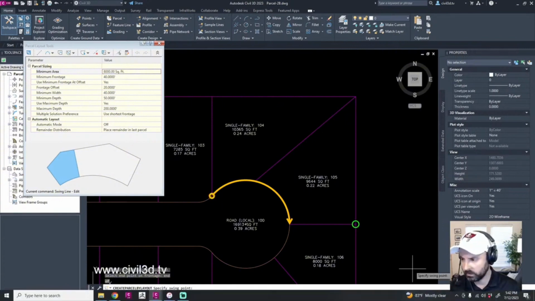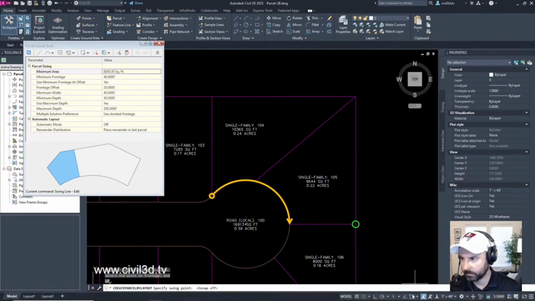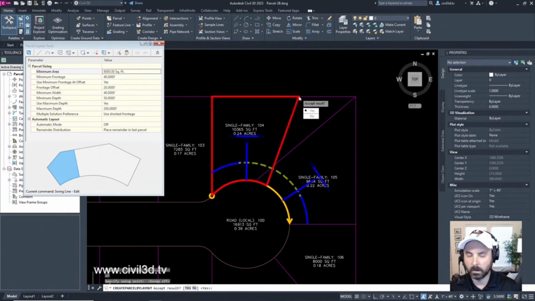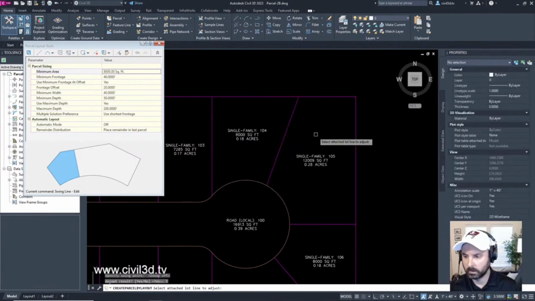I'm going to turn off OSNAP. And I'm going to select roughly right about here. That looks good. Looks good to me. Accept the result? Yes. And that's it.